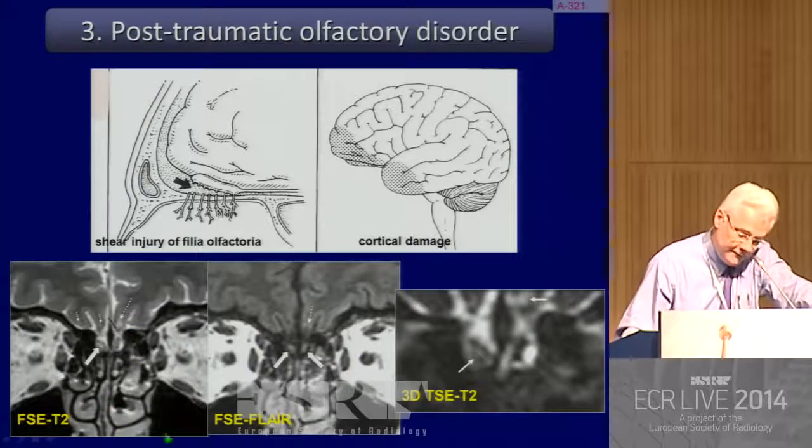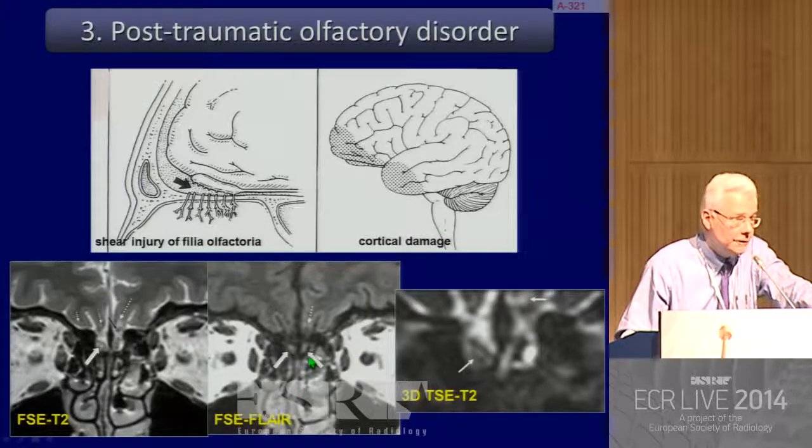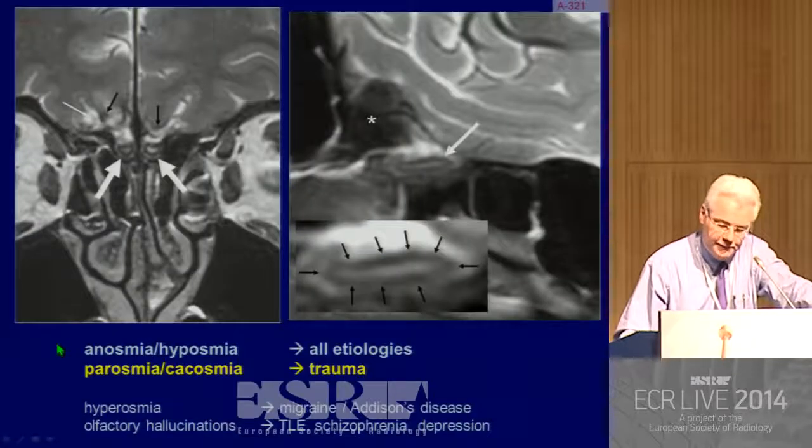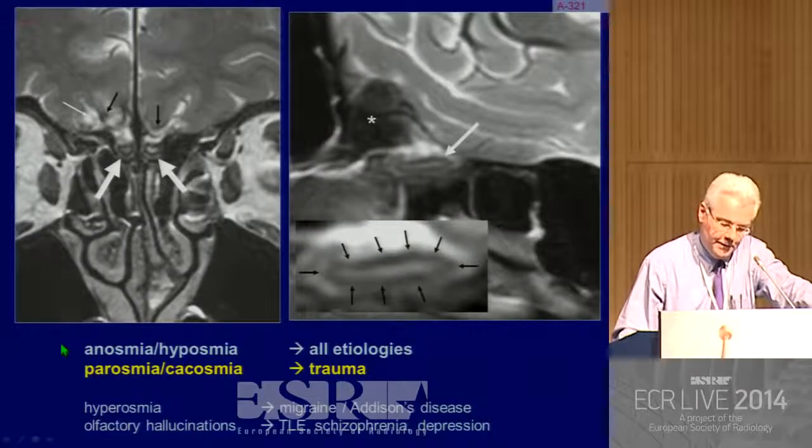Observe that the FLAIR image in a similar slice location is almost completely falsely negative. This is important. I think that coronal T2 fast spin echo standard is really the reference for imaging the bulbs. A very nice case in which you have